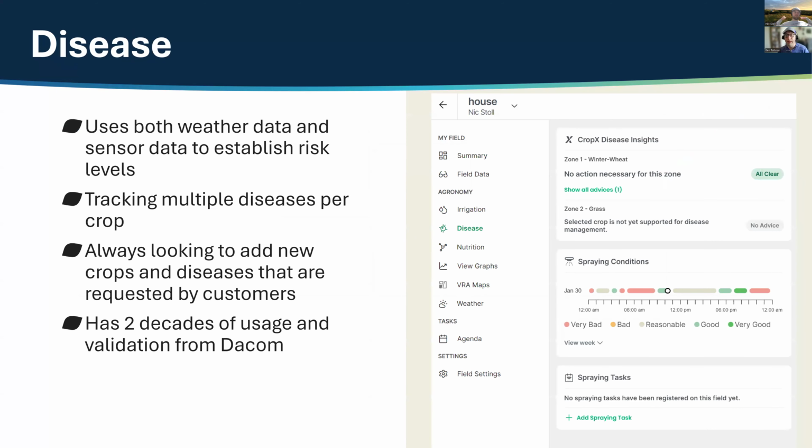Next thing I want to talk about is our disease feature here. Now, the disease feature is going to use weather data and sensor data to establish risk levels here. It's important to make sure that if you are using the disease insight tool, you've updated your crop information. We track multiple diseases per crop, and we're always looking to add new crops and diseases that are requested. So if you see something that's not supported that you think we should have modeled for you, let us know, and our data science team will work to see if it's possible for us to add a disease or crop